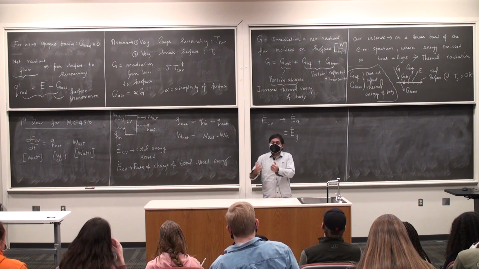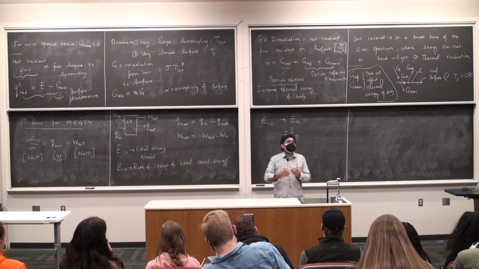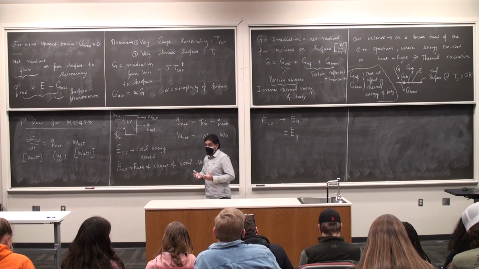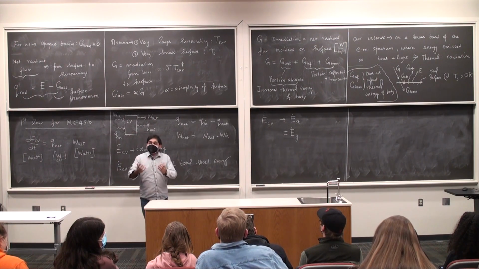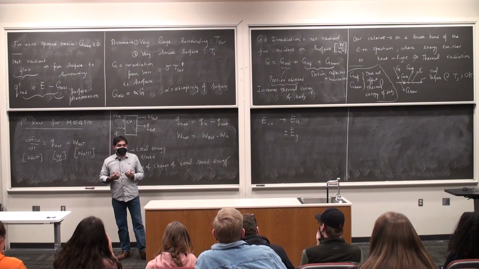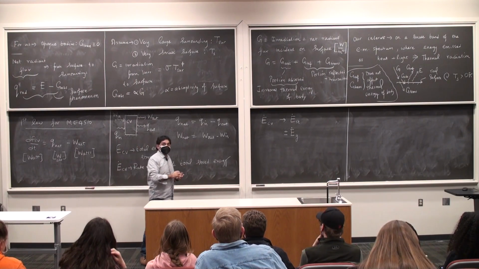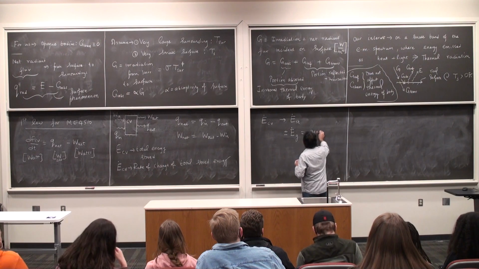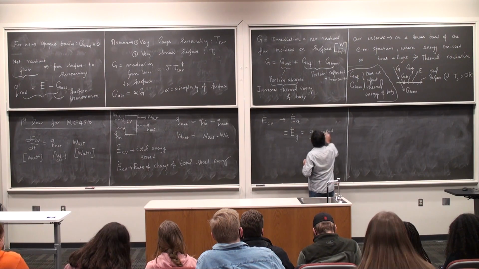What's that going to do? It's going to cool the system. That's going to reduce its thermal energy. I could have a nuclear reaction within the control volume. That's going to increase its thermal energy. Right? So that is the E dot generated term. So this is generated